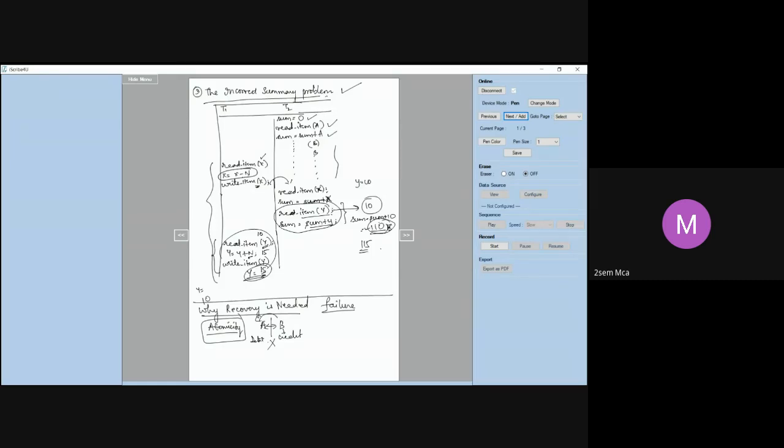When can that happen? Whenever a transaction fails. That's what I told you. Half the transaction is over, but the system has failed. So whenever there is a failure, there has to be some kind of recovery. You cannot say the system will not fail at all. There will be a lot of failures, different types of failures. But whenever there is a failure, the database has to ensure that the system is up and running again. That is why recovery is required.